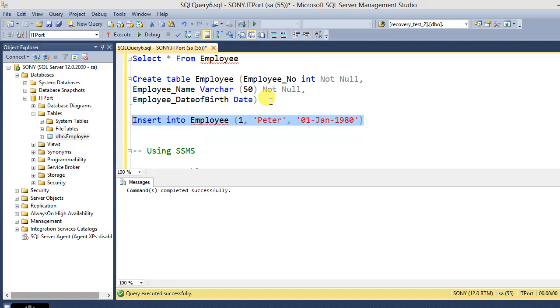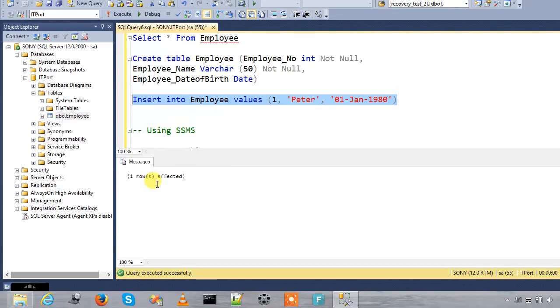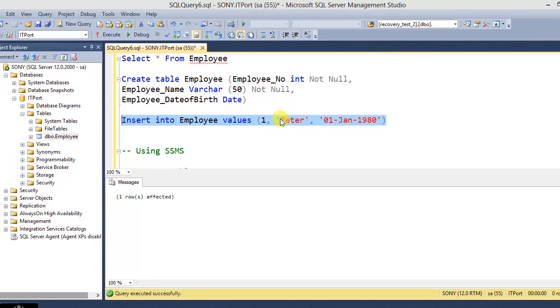So this is the first syntax: insert into table name values. So this is the first insert statement. Insert into employee table values like 1 is the employee number and Peter is the name and date of birth is the date and format. So just send that command to the SQL Server database engine. It returns a response, one row affected,